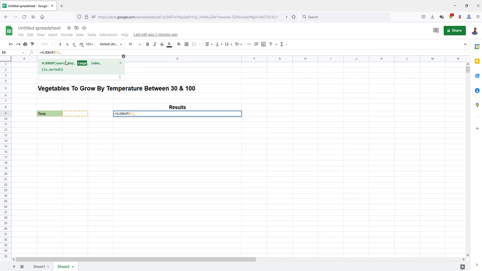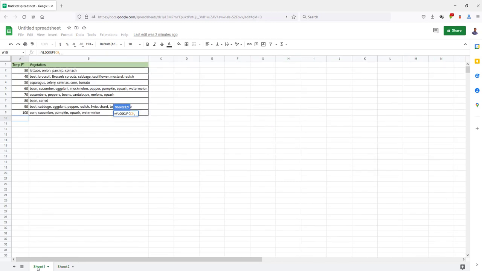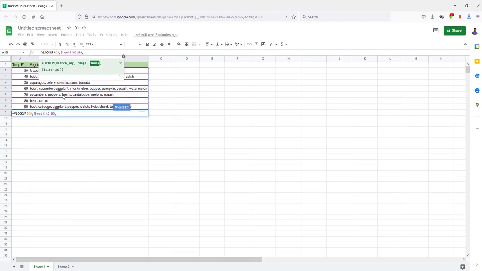So you'll always just want to put brackets, then your search criteria and your information. But here we're going to do the exact same thing. Type it in, bracket, the field you want the search information, then you go and do your array of where the information is. You're going to tell it that what you want returned is in column 2, and then put a comma, then false, then close the bracket,